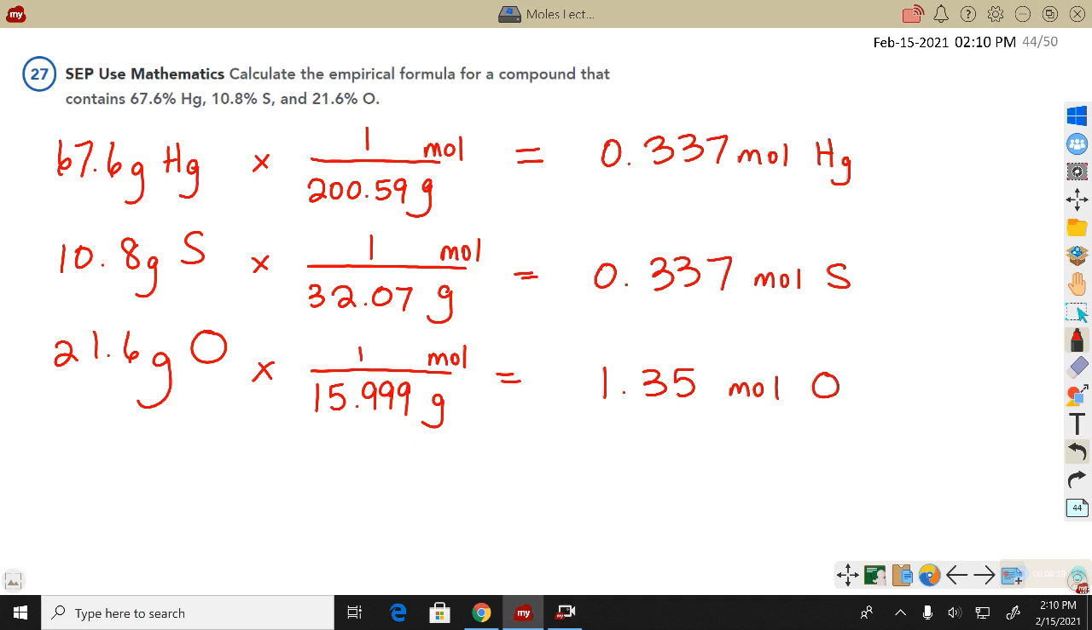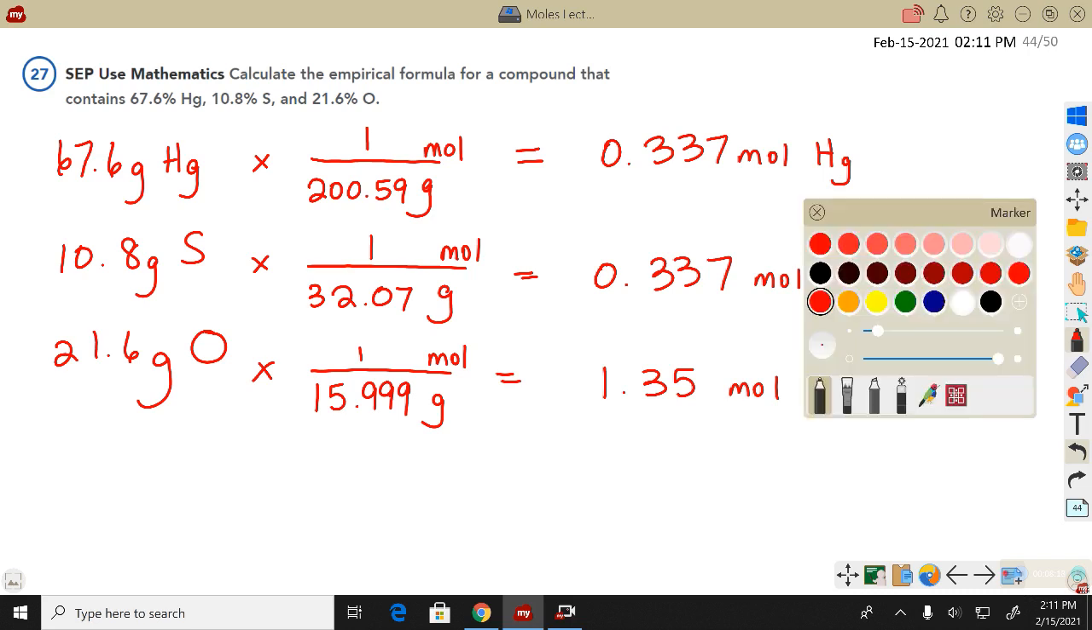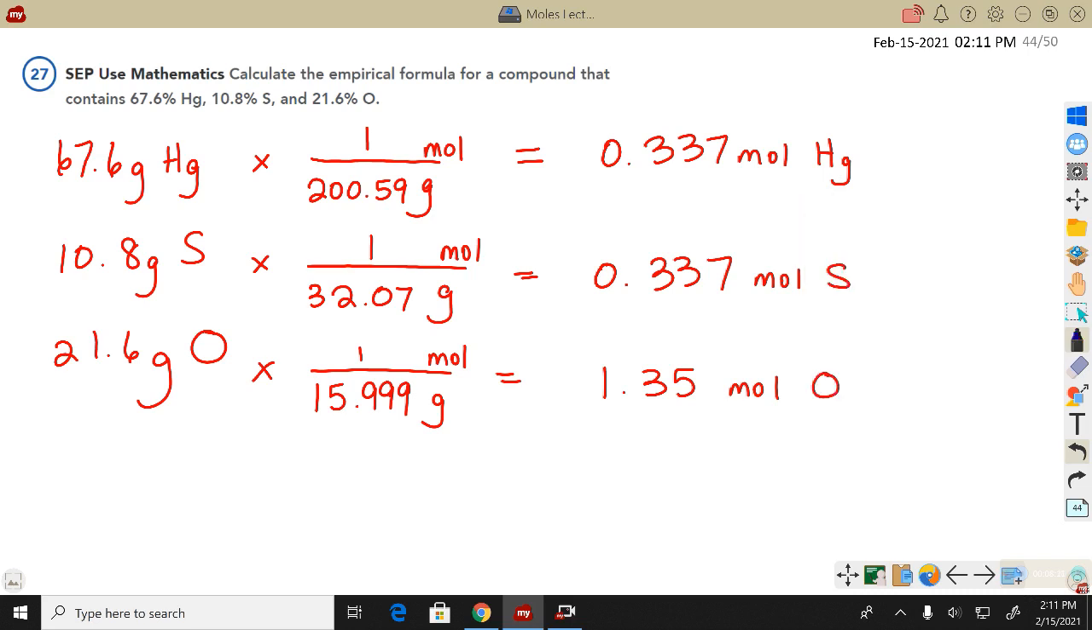All right, step 1 was to assume a 100-gram sample. Step 2, get your grams into moles. Step 3, we want a whole number ratio, which these are not whole numbers. Now, obviously, the mercury and sulfur are probably going to end up being 1-to-1s, but I'm not really sure about that oxygen. So we divide each by the smallest,